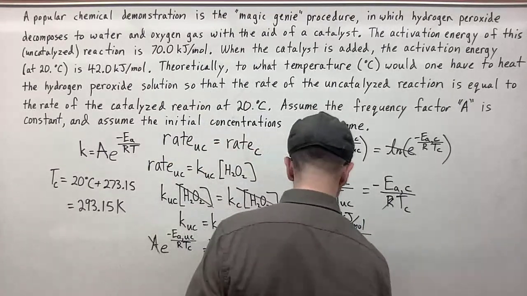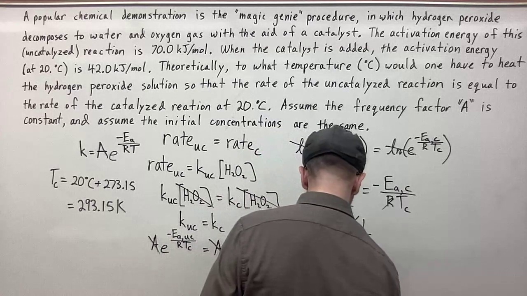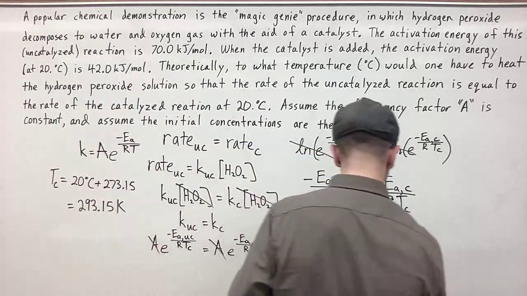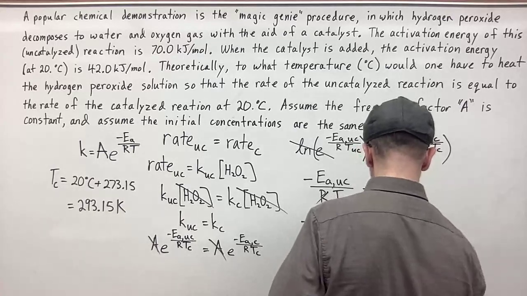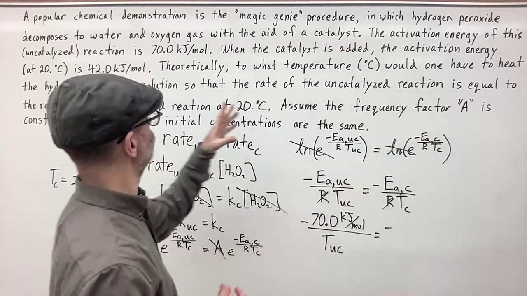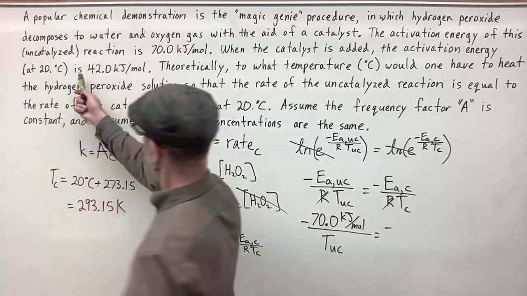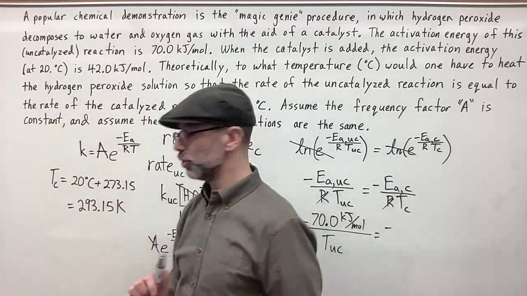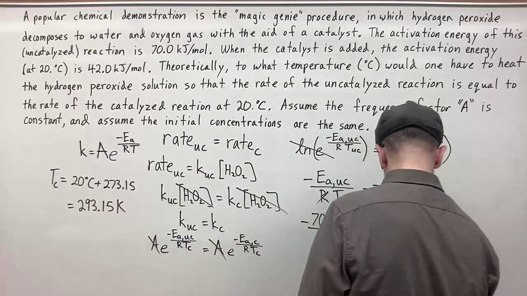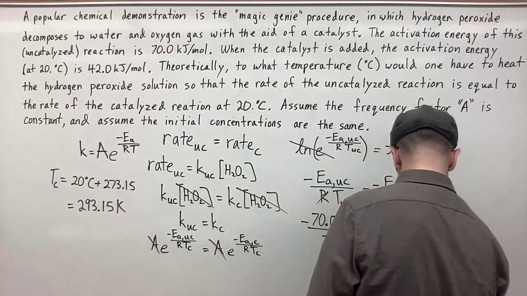So that's what we're trying to find. And that's going to be equal to minus the activation energy of the catalyzed reaction, which we're told is right here, 42.0 kilojoules per mole. So we're going to put 42.0,